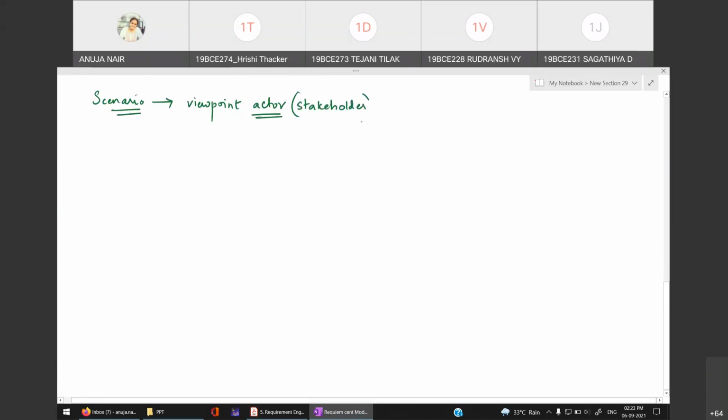So in our previous chapter, let's say I have a library management system. I told you to first find out the stakeholders, and then find out the functional requirements for each stakeholder. This is what we have done till now, right? Now, when I want to represent the same thing in the form of a diagram, the first diagram is the use case diagram.